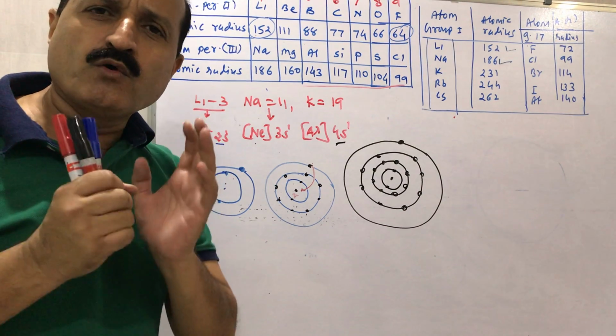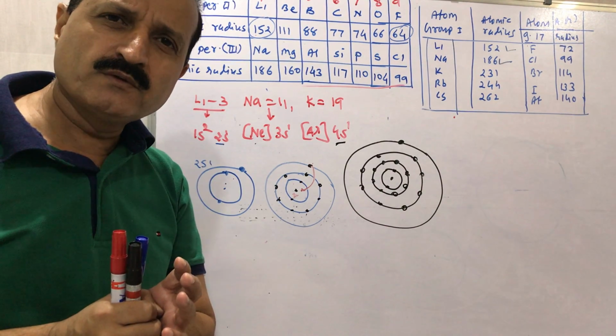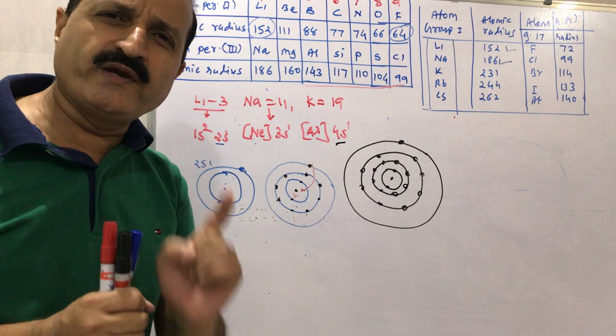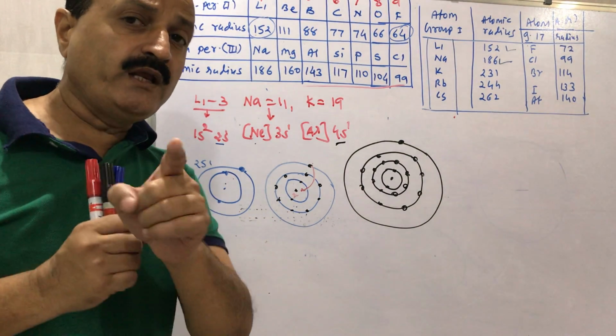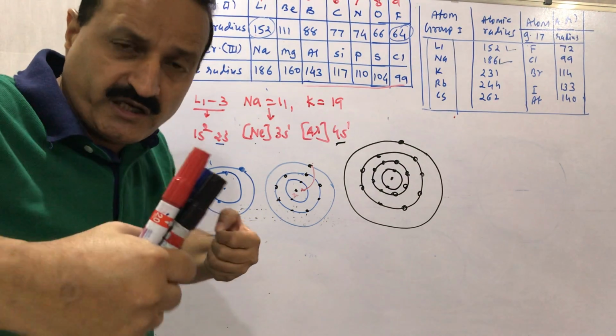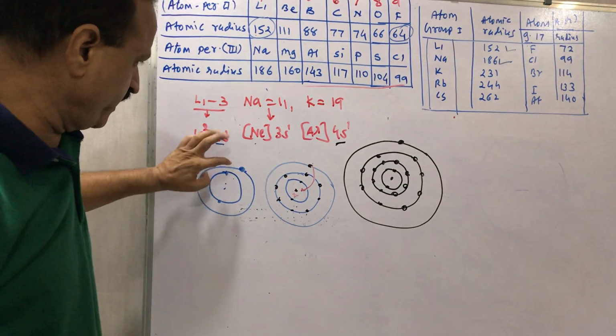So as we go down the group, the last electron is filled in a different orbital, and the distance between effective nuclear charge and electron is increased. Here the last electron